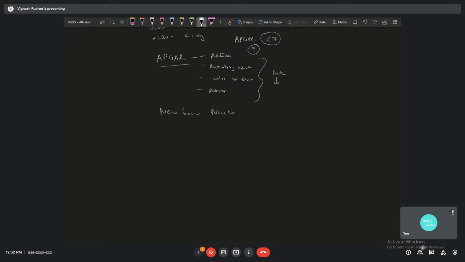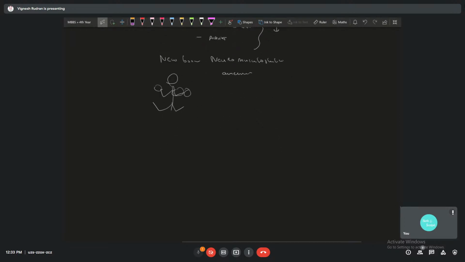Some few other scores are your newborn neuro and musculoskeletal assessment. So this is based on the joints. Like if this is the baby, if all joints are flexed and the wrist is flexed, then the baby is properly developed. And in case there's no flexion and the baby is not crying and all of those things, the baby is not developed properly. There are some various gradings. I'm not going into the details, but basically based on the joint positions and the various activities of the baby, you see if the baby has developed or not.